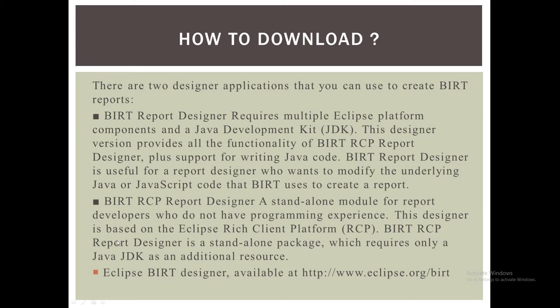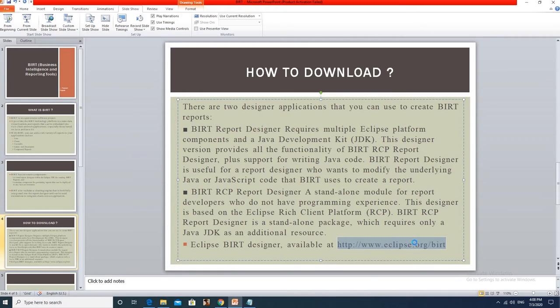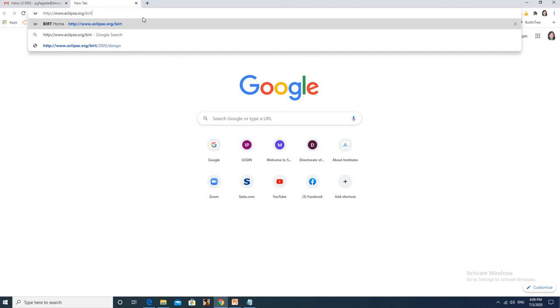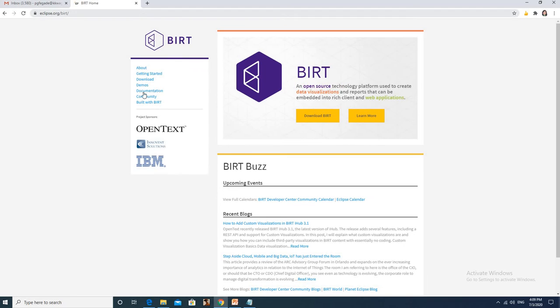Now, where to download it? You can go to this site, http://www.eclipse.org/birt. Just copy this link, paste it here, and now you are on eclipse.org.